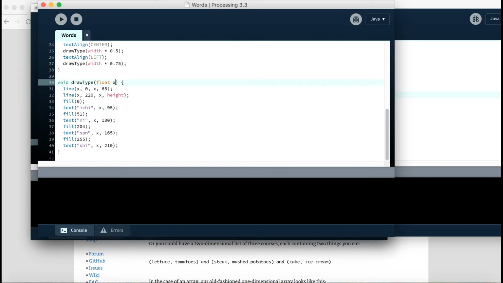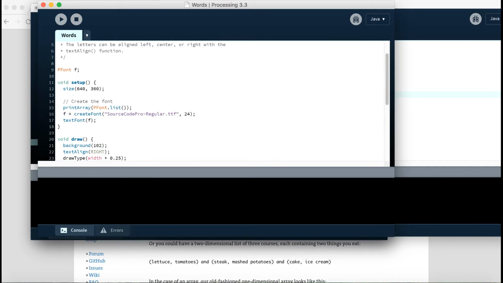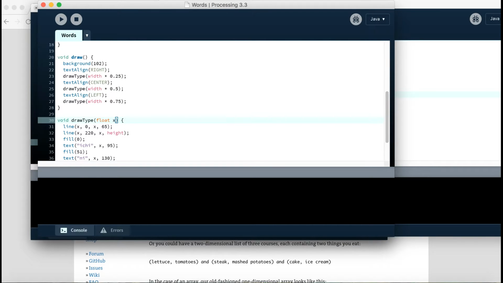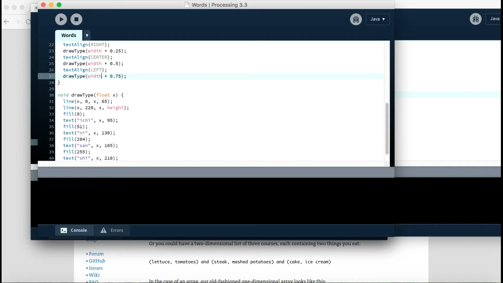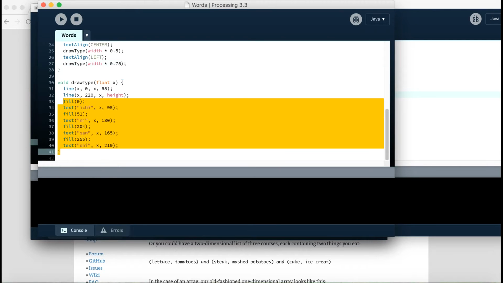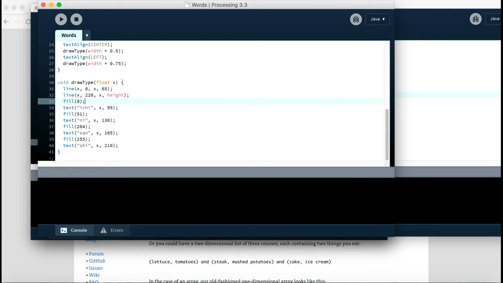And then the x goes through this parameter, and when the function is called inside of draw, they use that x to determine where on the x dimension of the screen they want it to appear. So I'm going to grab this function,